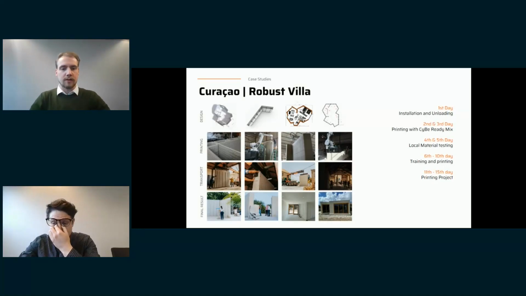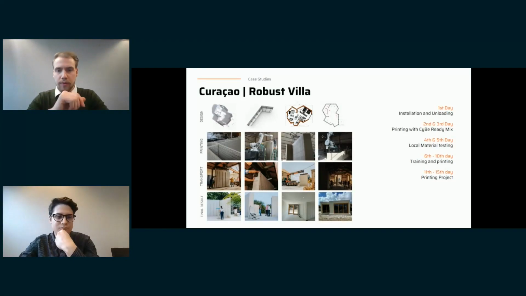And we use this material to, first of all, test the machine, make sure nothing broke during transport, but also to show your team that will be using the printer what the material is supposed to look like. So we can test our machine and show you that it works. Then we can show you what the print is supposed to look like and what to look at during printing.